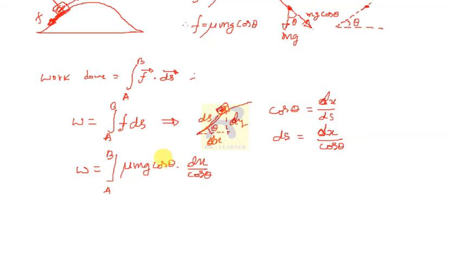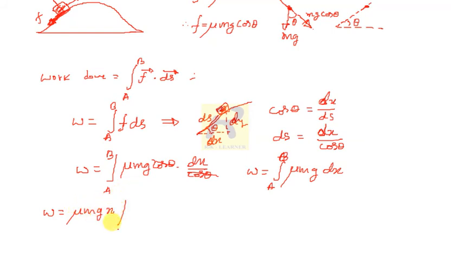Definitely the term cos theta gets cancelled, and W is equal to the integration of mu mg into dx. Here the path is from A to B, so the answer for this integration will be mu mg x